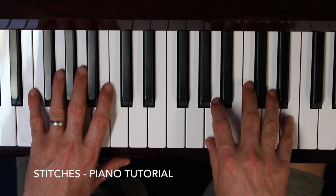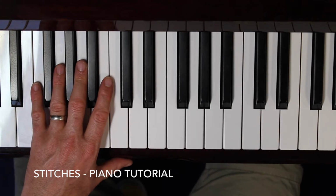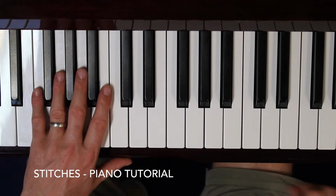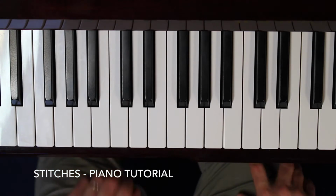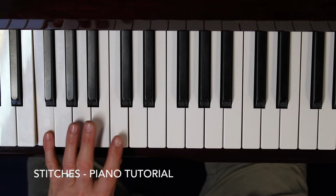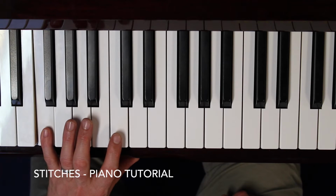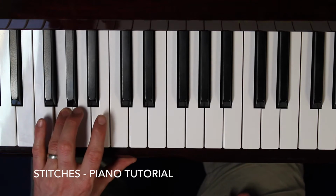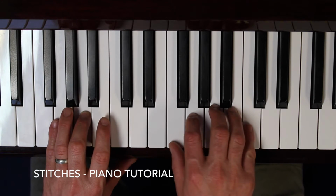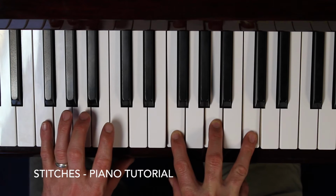Now, if we look on to where the sign is on page 2, is the first part of the text there. This part is really quite easy. We have the same chords, but they're just in a different sequence. So we start on that F chord, you can see that on the second system down. We move to G, then we move to A for 2 bars. And guess what that looks like in the other hand? Really easy. So F, F, A and C,